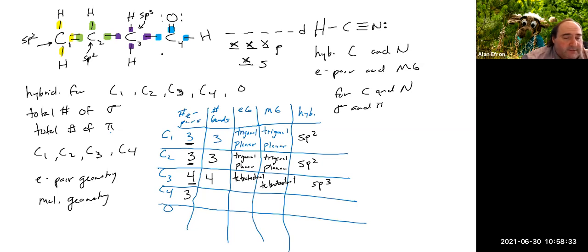In terms of bonds, 1 bond, 2 bond, again, the double bond counts as only 1 bond, which is 3 electron pairs, and 3 bonds means that 3 electron pairs, much like the first few, are going to be trigonal planar in terms of its electron geometry. Again, no dots around the central atom here, which means it is going to be trigonal planar for its molecular geometry as well, and back to only 3